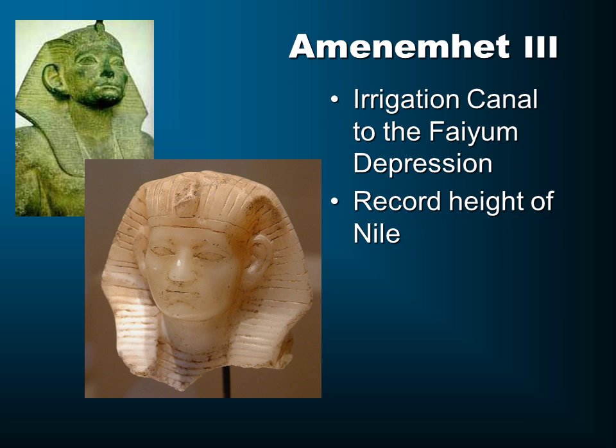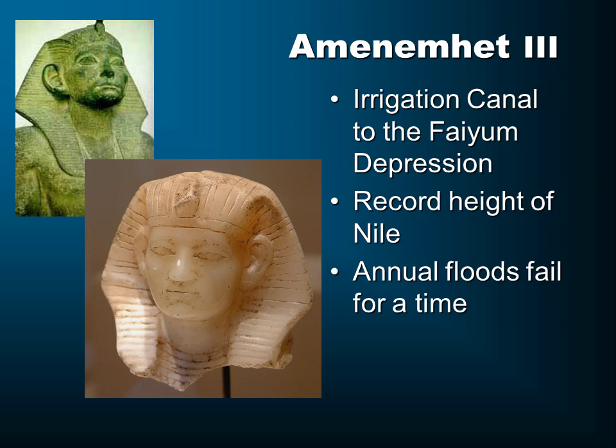The other thing he does is we actually have records of the recording of the height of the Nile, because this is going to become a concern. It's during his reign that we see for a time the annual floods fail. And that's disaster for Egypt, because if the river doesn't rise, we think usually in our Western culture, the rising river, flooding river, that's terrible. No, that's a good thing. In Egypt, if the river doesn't rise, it doesn't deliver that topsoil that's delivered each year, and the crops won't grow as well. And the desert's gradually going to reclaim that Nile River basin,